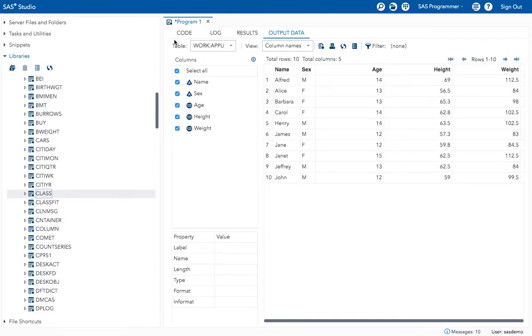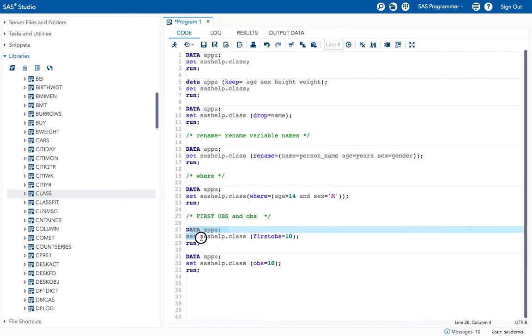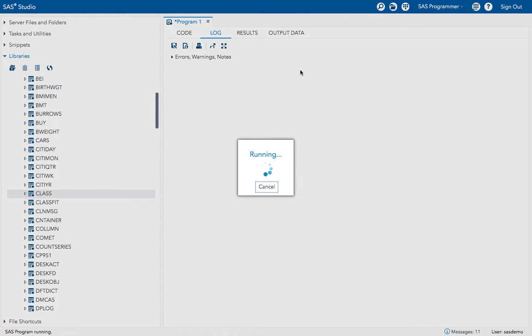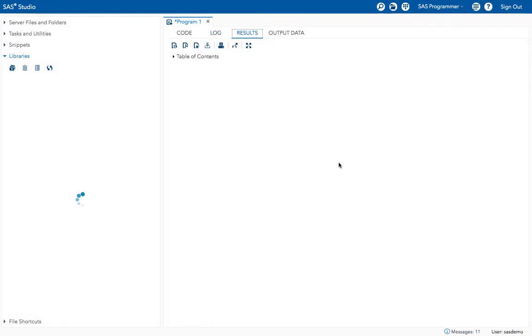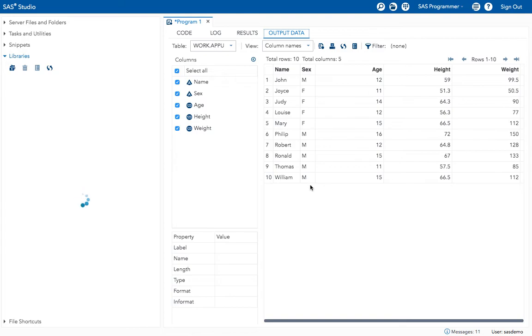What I got, still the same, right? The first 10 observations. Even here I got only the first 10 observations. So what is the use of both of these, FIRSTOBS and OBS? Why do we have two?